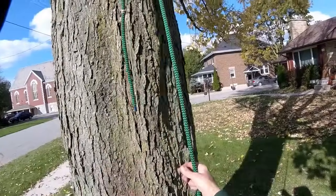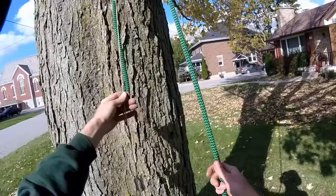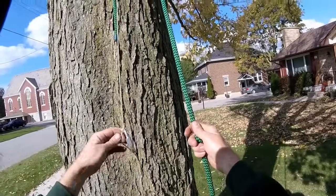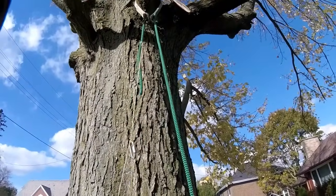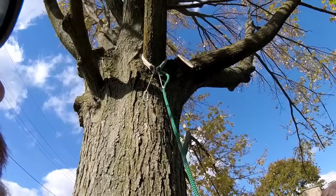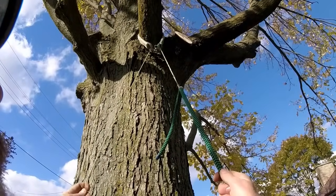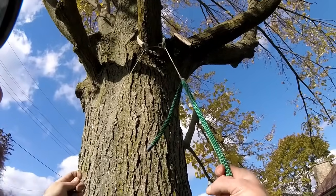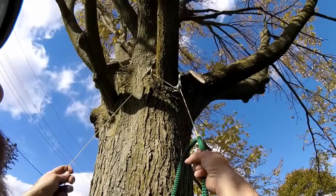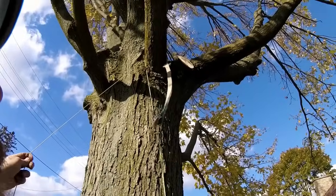So that's my setup there. I've got my throw line attached to my rope, and then down below the end of my rope I have my quick link girth hitched on. So now what's going to happen is it's going to go up through the large ring, and then the quick link is going to do the same thing through the large ring, and it's going to get caught on the small ring. But this time, as I pull it around, you're going to see the throw line is actually going to pass up and over the branch,